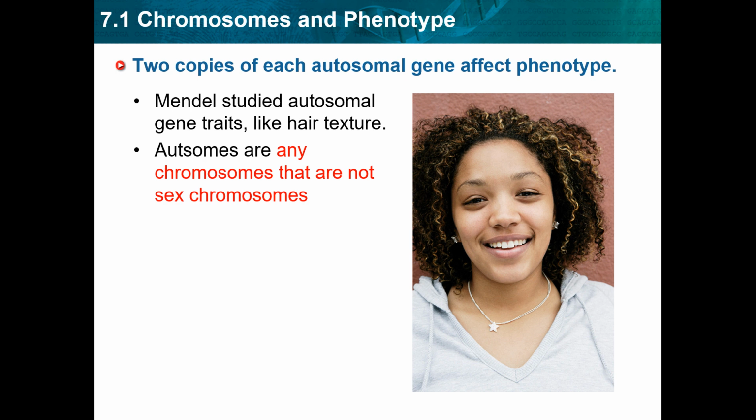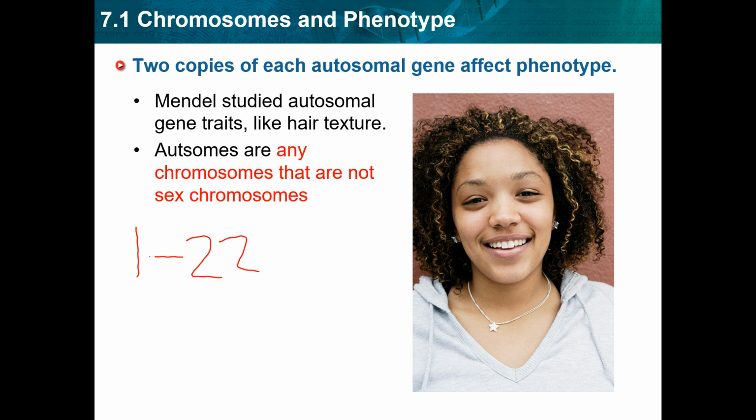So your autosomes, those were the chromosomes 1 through 22. Whereas chromosome 23, that pair were the sex chromosomes that determined an individual's sex or their gender. And we get 2 copies of each autosomal gene because you get one copy from mom and 1 copy from dad, and both of those copies are going to determine the phenotype, meaning that all of your characteristics,